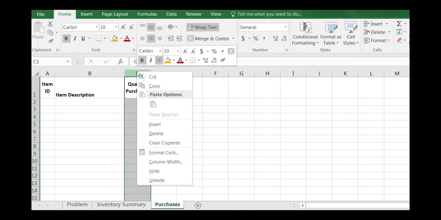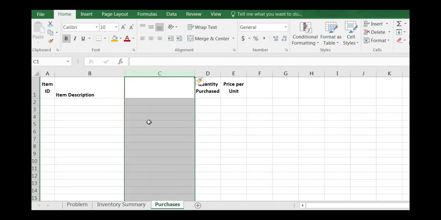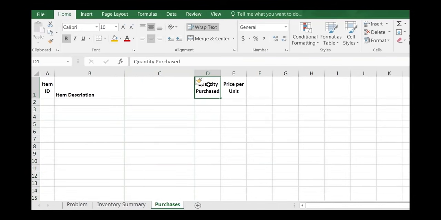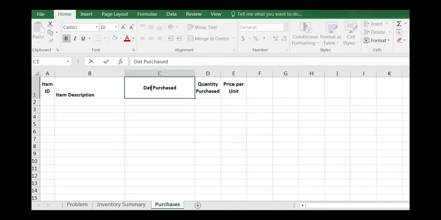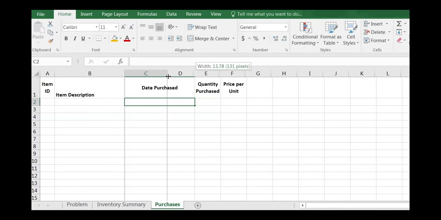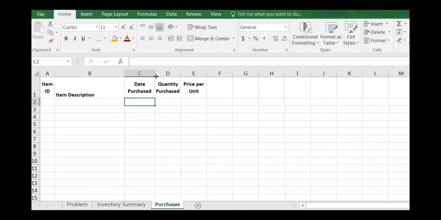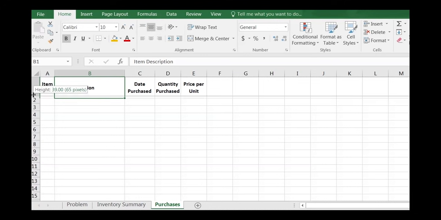Be watching when you do a project as to whether you are doing cost estimating or cost tracking, and be clear of what those are. Now I added a column here. I inserted a column for the date purchased, since that is something we need, and we'll have quantity purchased and price per unit. Notice this item description kind of doesn't look the same as the others, so we center it